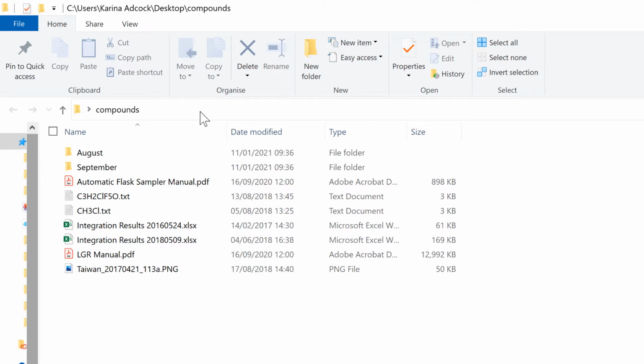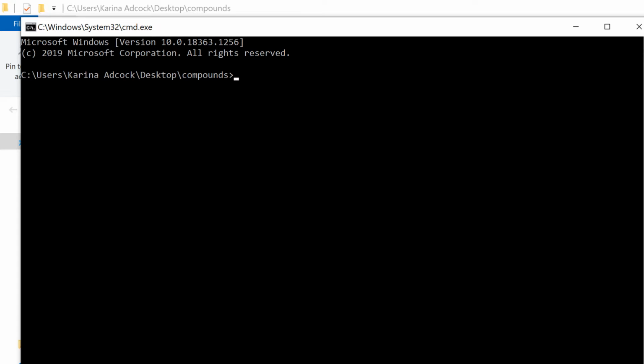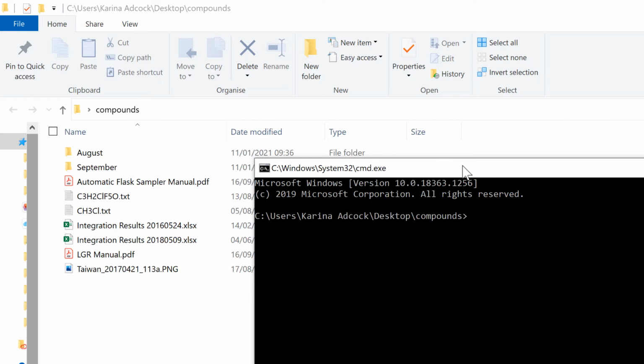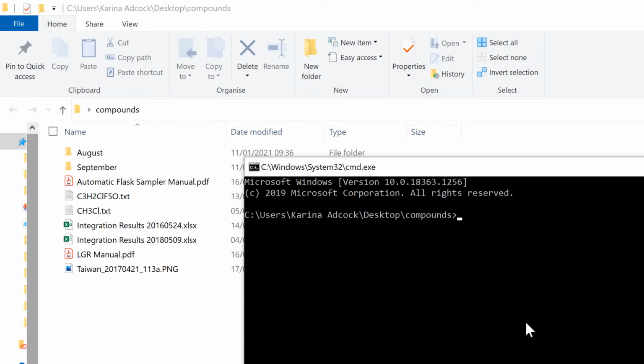Okay, so first of all, I will go up to the bar and type CMD and enter to open up the Windows command prompt. Then what I want is a list of all of the files. So I'll type